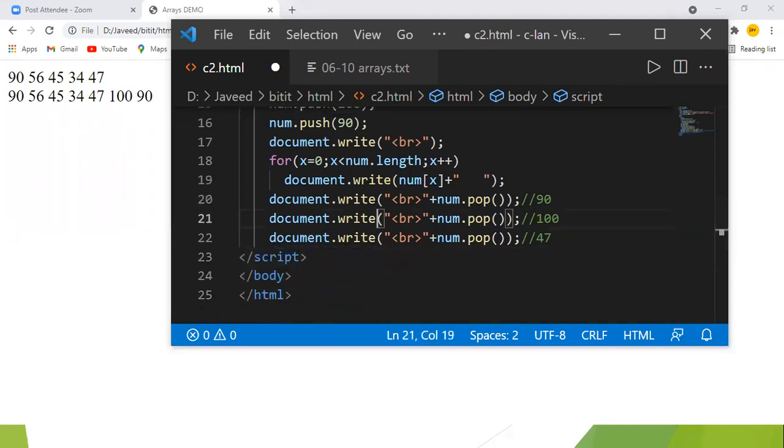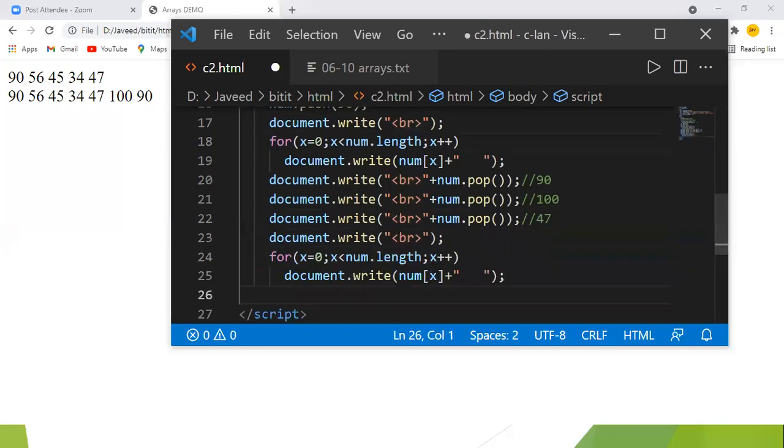Now let's save this. Then I want to print the new set of values in my array. Let me call it leftover values after the pop.